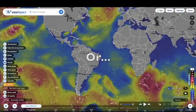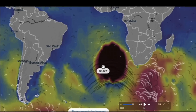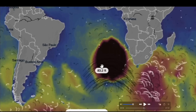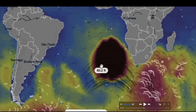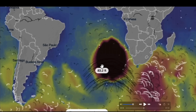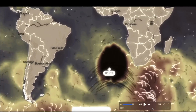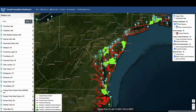I took a look at it, and what made the most sense to me, other than obviously some sort of digital glitch, would have been an underwater craft of some sort, obviously quite large, but not necessarily this large right here. Could have been something underwater creating a disturbance that the instrumentation was interpreting as large waves, but if in fact there were something out there that did generate a lot of waves, it is kind of coincidental that today,